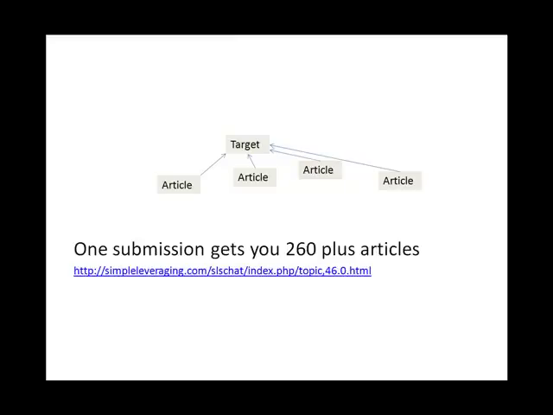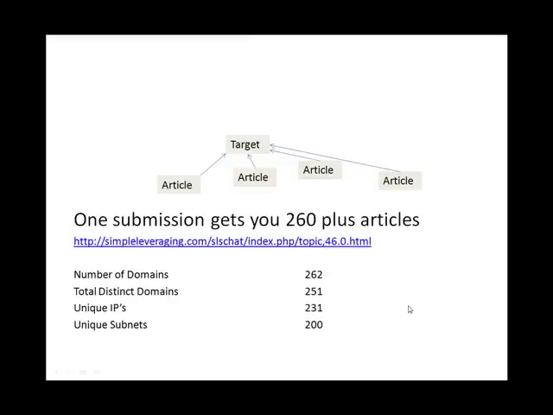But that's only part of the power of this thing. So anyway, going back to what I'm saying, you've got your target. You then have your article networks, all your articles coming from the various networks. Now the beauty of the Article Exchange system is if you host a directory and you publish your article on your directory, literally within 24 hours you get syndication right throughout the entire network, so you get 260. Now that is really powerful, and I'm going to explain why.